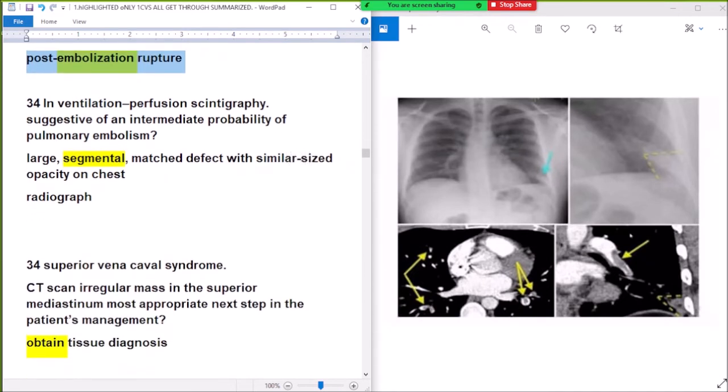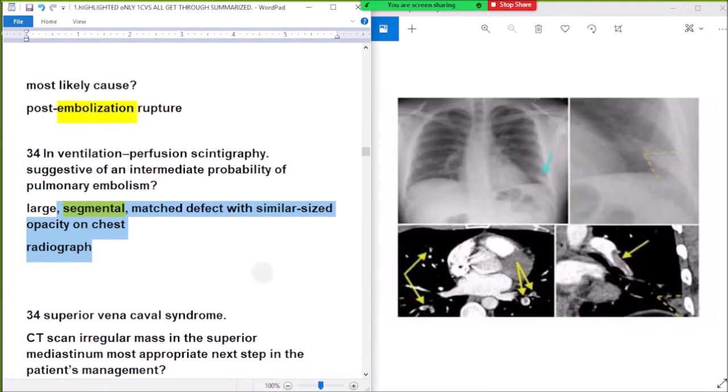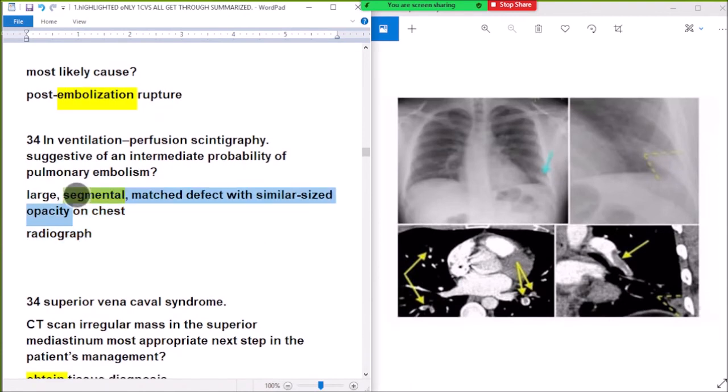Question 34. On ventilation perfusion scintigraphy, what is suggestive of an intermediate probability of pulmonary embolism? A large segmental mismatch defect with similar size opacity on the chest radiograph. Now, intermediate probability of pulmonary embolism is a large segmental match defect with similar size opacity on the chest radiograph. So if there is a large defect, remember like this, intermediate probability, then the defect will be large